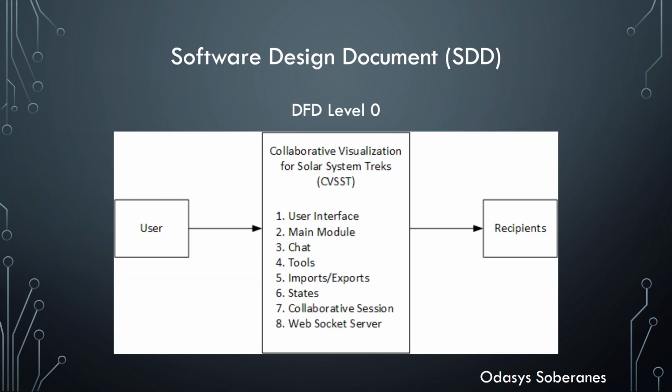This level 0 design is the core of the software that can be further broken down into multiple subcomponents. Each subcomponent is responsible for a set of related tasks, which is not shown here. There is also a local storage device on which product data is cached to and read from. The software uses the same backend web services as the existing Trek web portals, but provides front-end visualization and tools